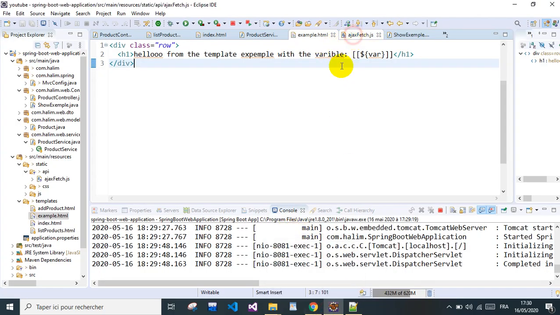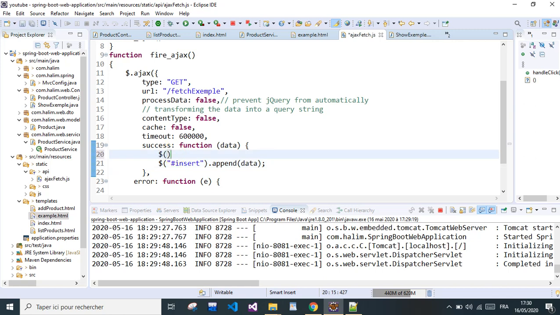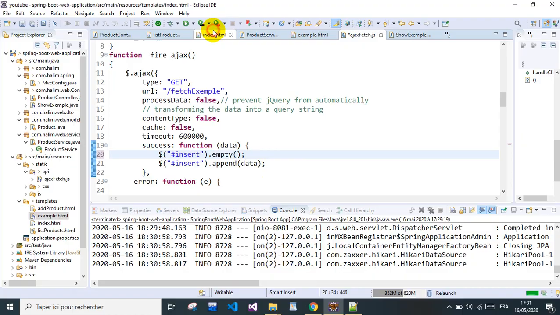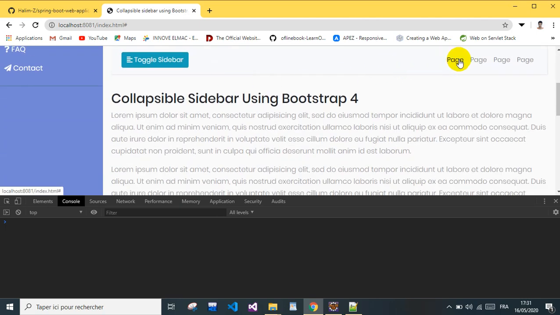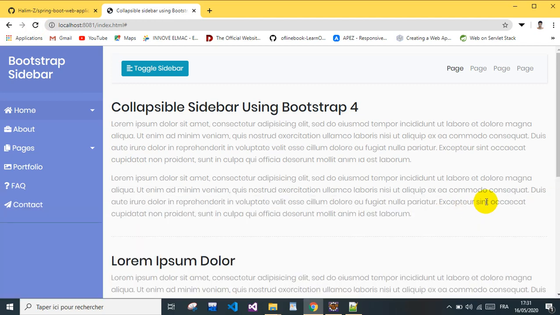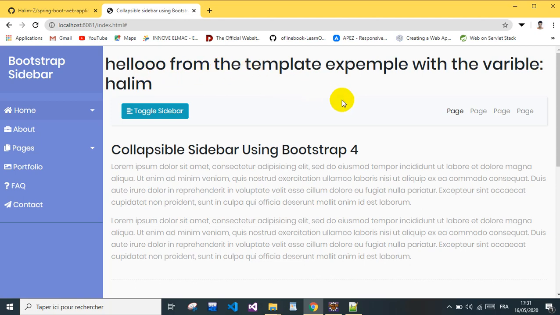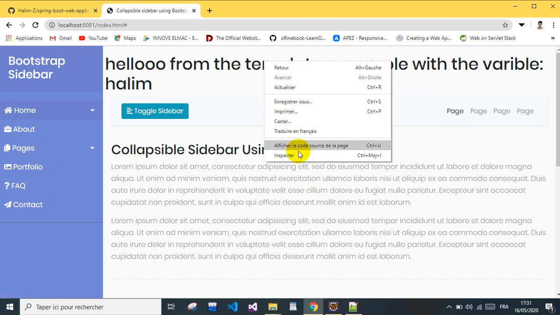Before inserting, we will empty that insert element, empty is what it's called, so each time we want to insert something, we remove the older thing that was there. So if we had the add product and we clicked here, we remove the add product and append and render the list of products, and so on. Let's get rid of this. Everything works now. We click, we append this, we click, append, we click, we append. And if you inspect this,